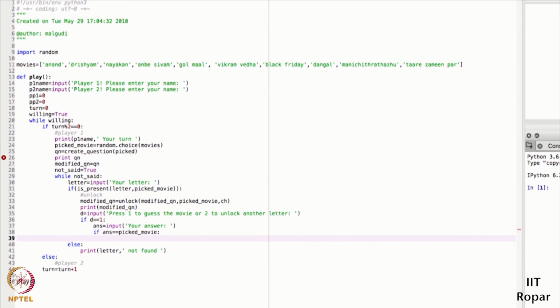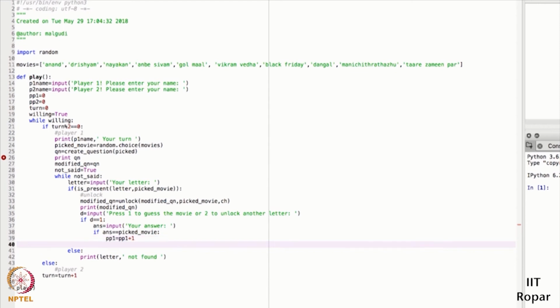then I would say increase his points by 1. So his new points for player 1 is nothing but his old points plus 1. This is his new point. So I have increased his point by 1. So I have to let him know that his answer is correct. I have to print that his answer is correct, and I will have to